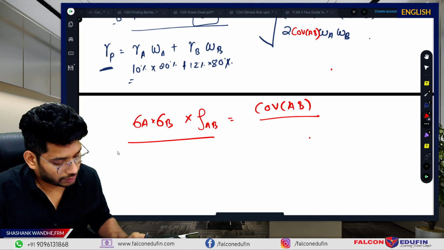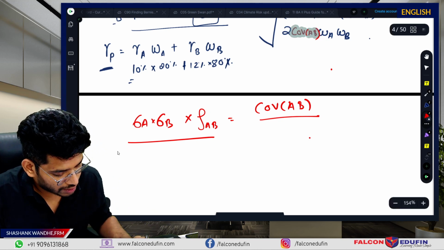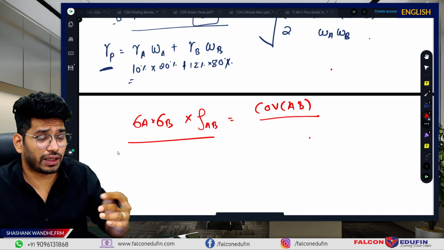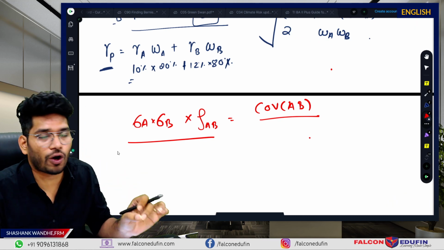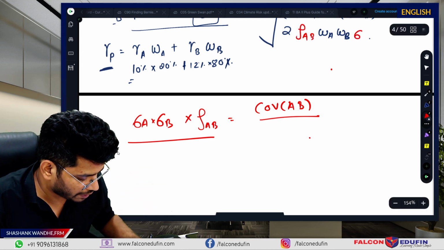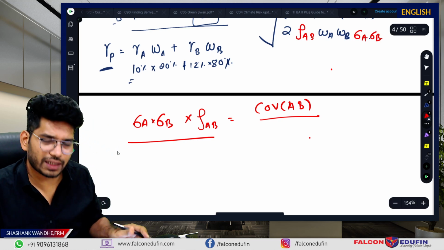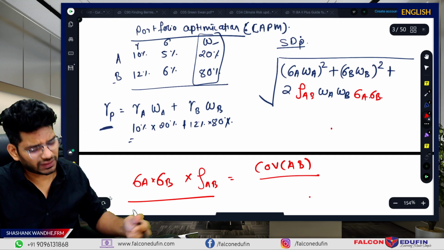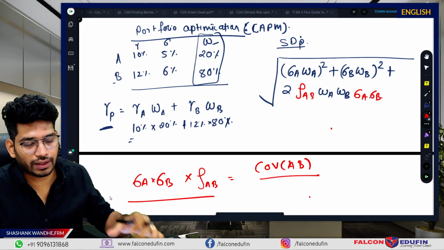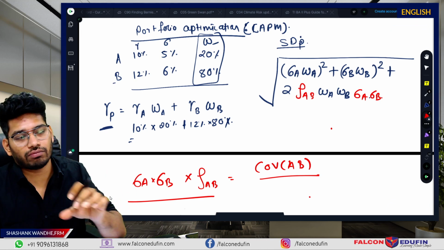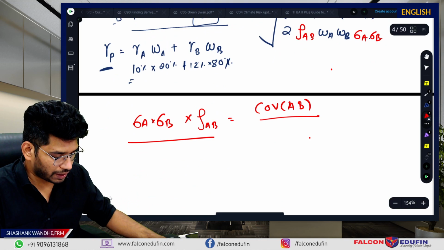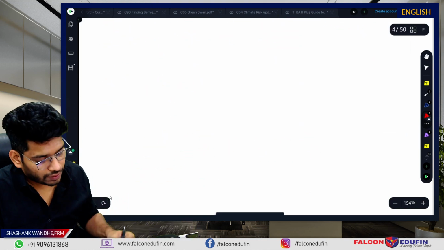Don't do this. Gap mentioned this covariance. Better go with the correlation because we will discuss a lot of things by talking about the correlation. So always go with the correlation here, then sigma A, sigma B, and just solve this and you will get the answer. Again, because we did this repeatedly in the CAPM section, we are not solving any question here. You simply take the values, put the values in and get the answer. Very simple, right?